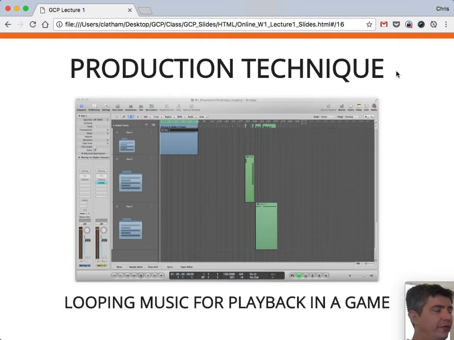So all of your compositions will require you to create looping pieces of music. And there's a couple of different techniques here that I want to go over really quick to help that process. So hold on just a sec. I have a Logic session here.